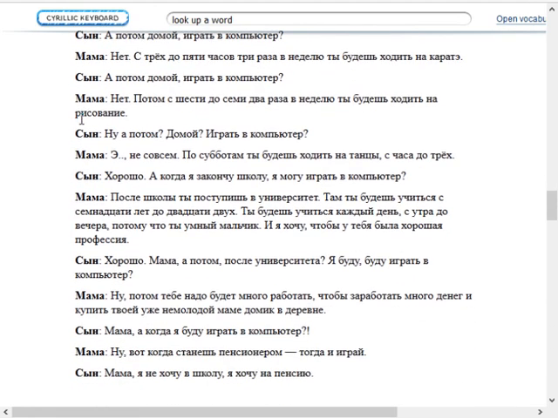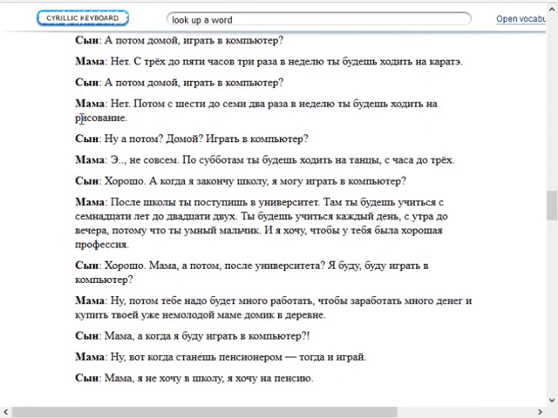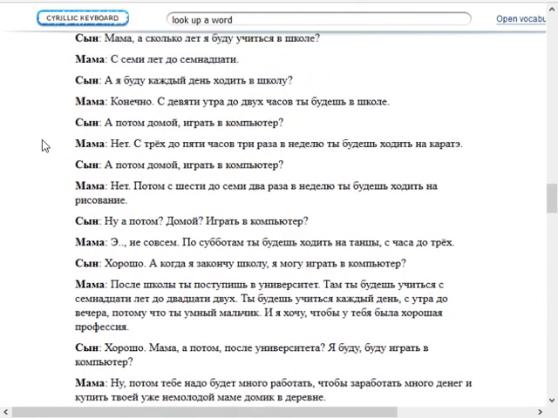Ну, потом тебе надо будет много работать, чтобы заработать много денег и купить твоей уже немолодой маме домик в деревне. Мам,